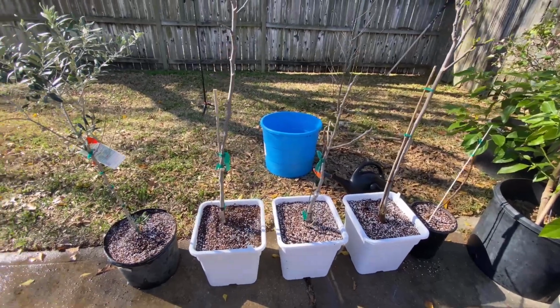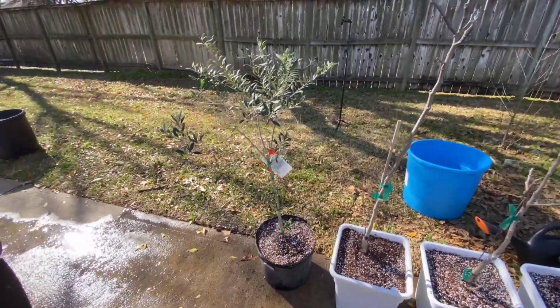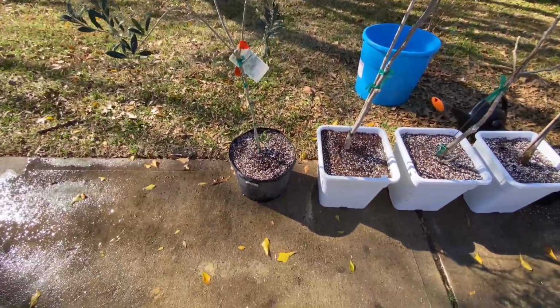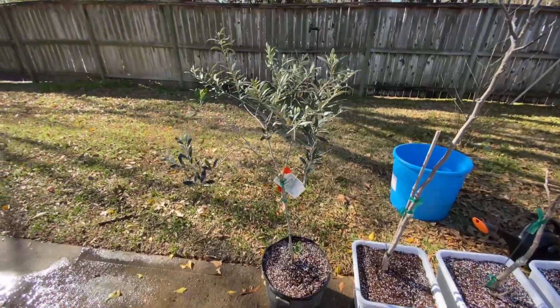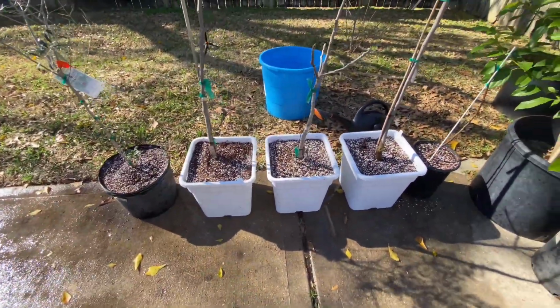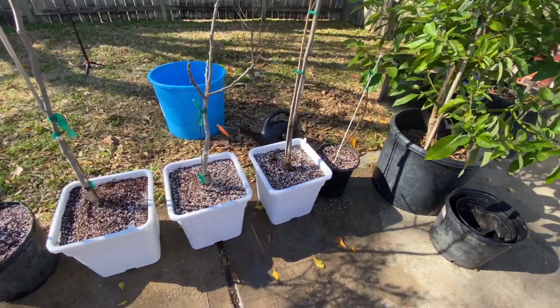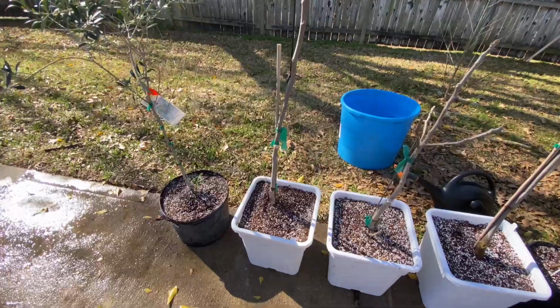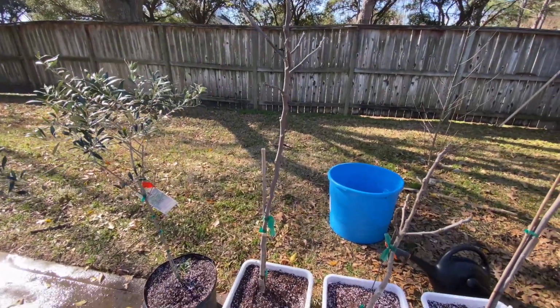And so here's the finished product real quick. I went ahead and got a little olive tree and up-potted it, and I just used the same mix. And then here are my figs in their new homes. I hope that I like these. They drain really well. This is the Santa Rita right here,